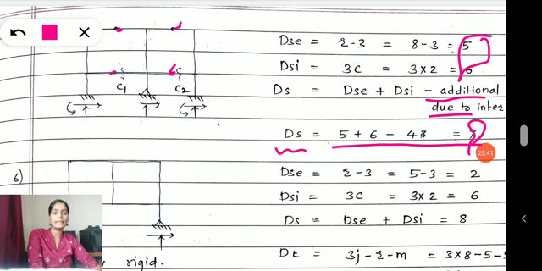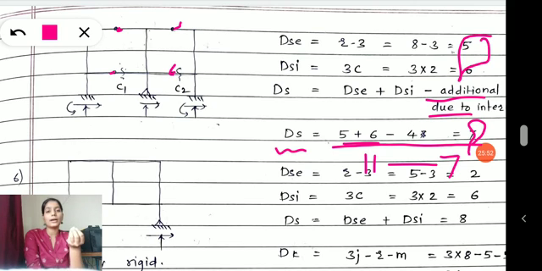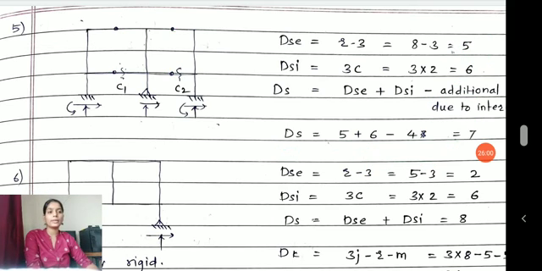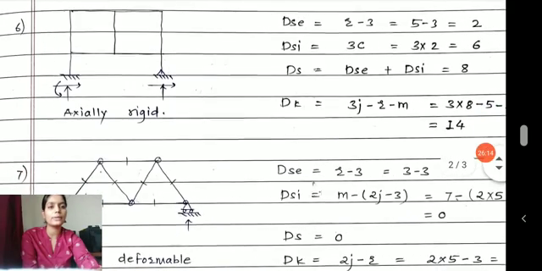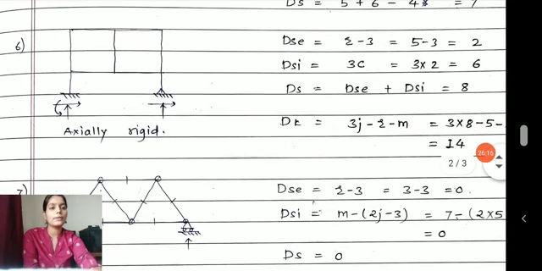Okay, though my indeterminacy is reduced, because earlier it was 5 plus 6, 11, but now it is reduced to 7, somehow I am trying to introduce unstable support in my structure, that I have to avoid. Okay, but before going ahead, I will tell you that these internal hinges, internal rollers have their own purpose to add into the structure. With time you will get the idea where to provide an internal hinge and where to provide an internal roller. Now we will solve these two more problems here.